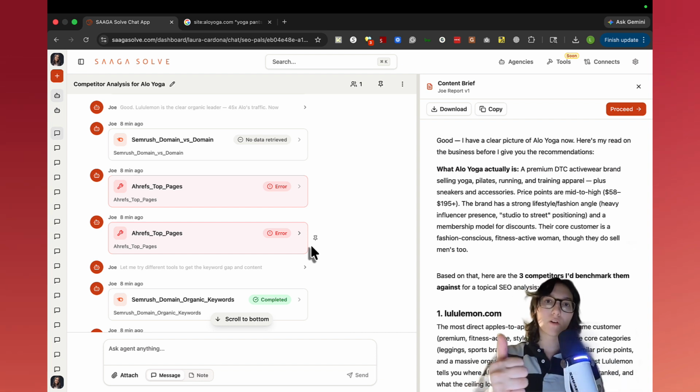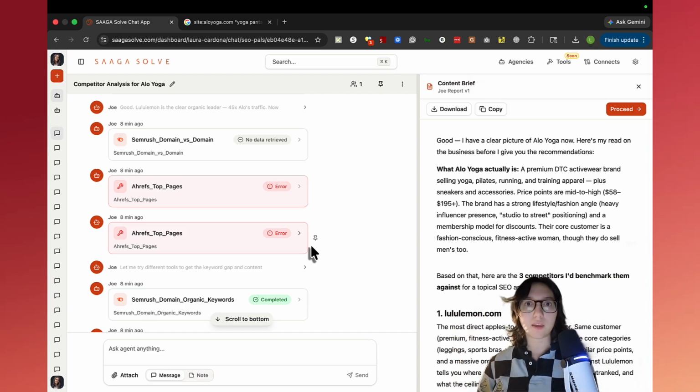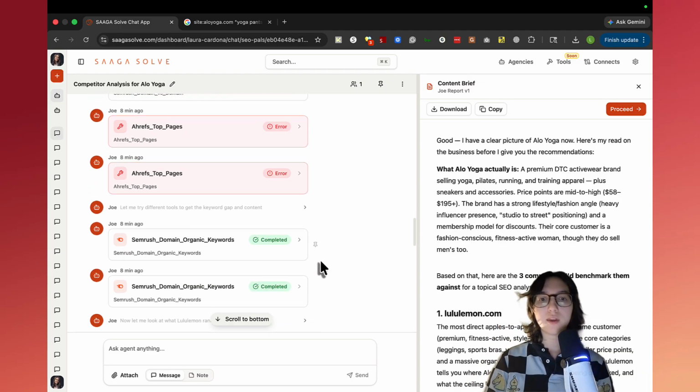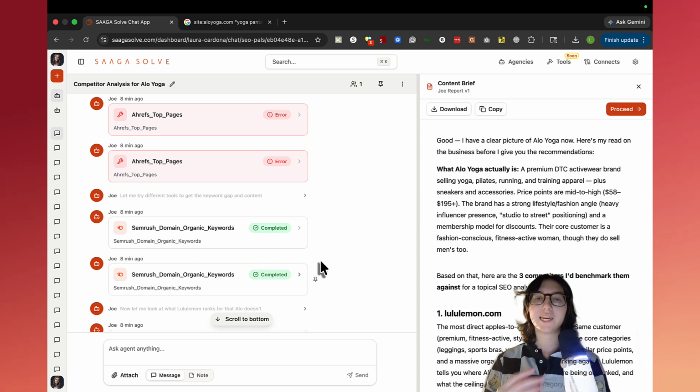And we saw Firecrawl, which is a web crawler and scraper. It's using SEMrush, it's using Ahrefs. It could plug directly into Google Search Console data and Google Analytics data. So honestly, if one of the hundreds of tools it has access to isn't responding, that's okay. It can just use the other billions of tools in its toolkit and get the data it needs to finish its analysis.